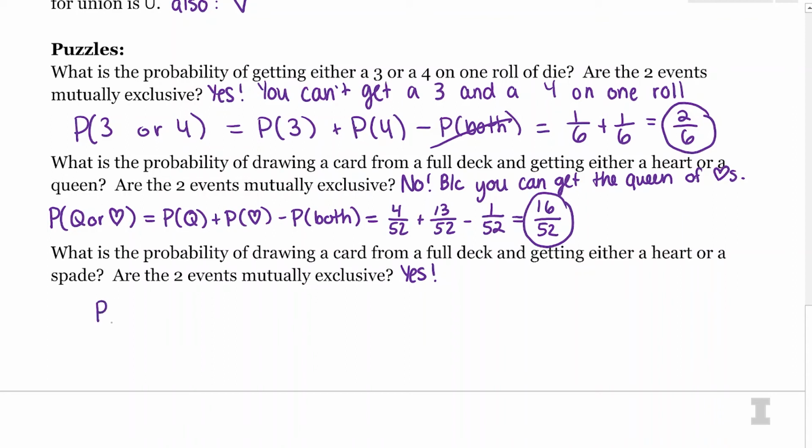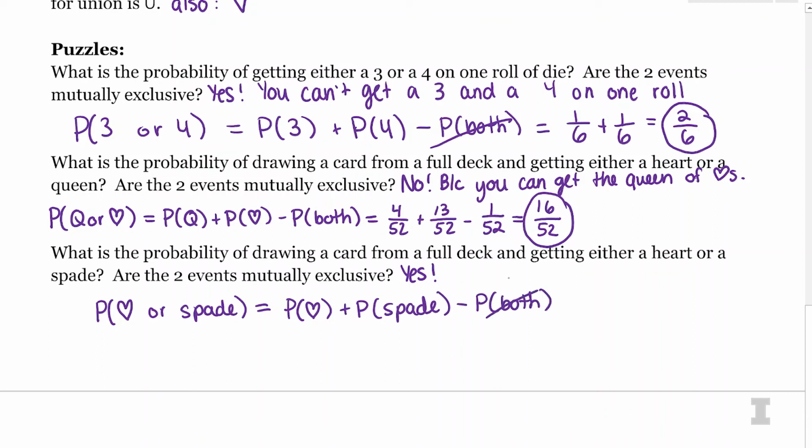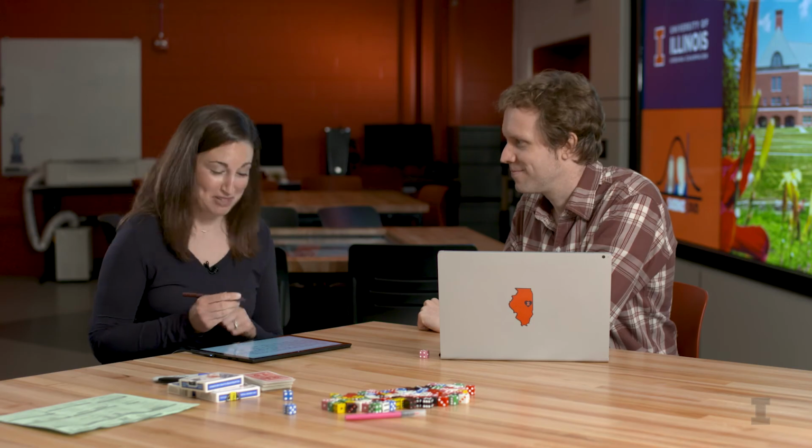So if I want to calculate this probability, the probability of getting a heart or a spade, I'm going to use the addition rule again. This is equal to the probability of getting a heart plus the probability of getting a spade. And then I don't like to be risky, so I'm always just going to write this out as the probability of both, but we know that this is technically 0. And I do the same thing. I always write out that minus, just because if you don't, you begin to forget it, and I see students do that all the time. So it's always good. When in doubt, write it out.